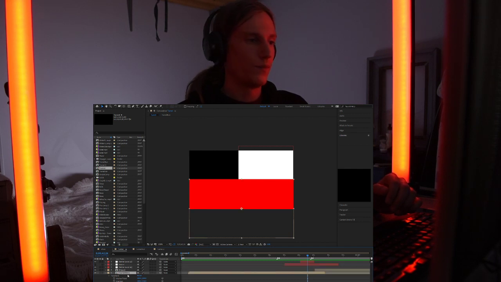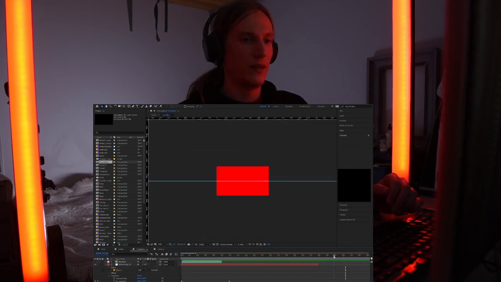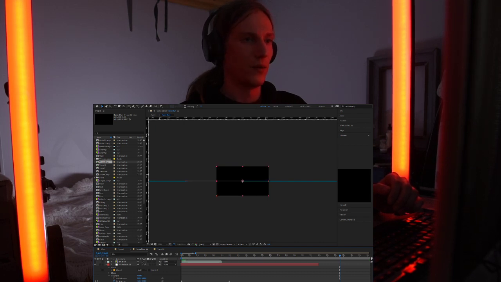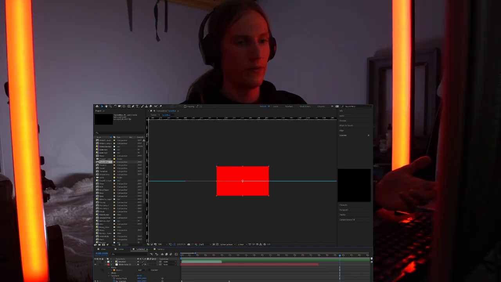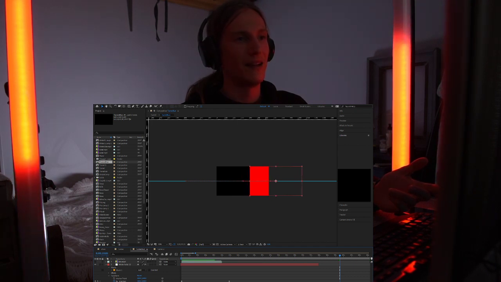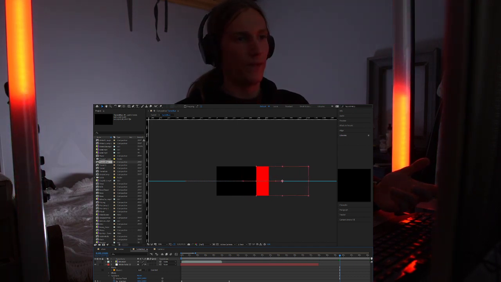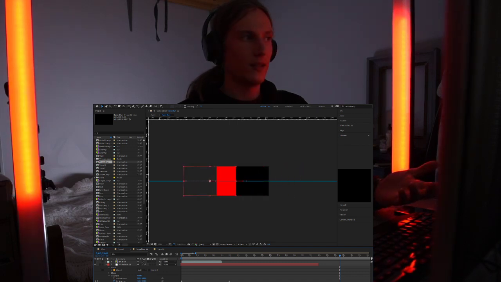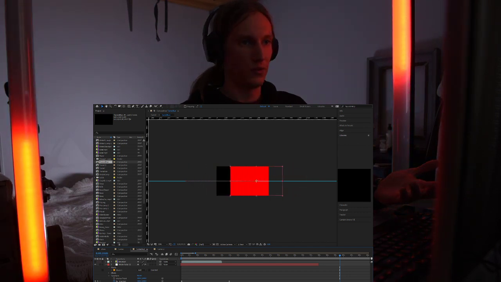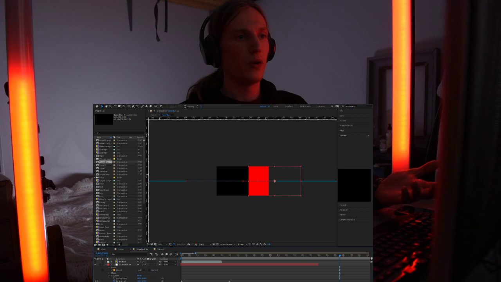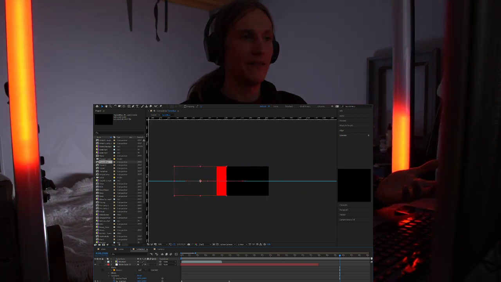I can open this here and, for example, change the opacity of this and so on. I can change the color, the position of this red solid in my After Effects composition, and you can see it is actually live changing on the Voyagers also. So if you think about all of the possibilities that this gives you when animating your lights,